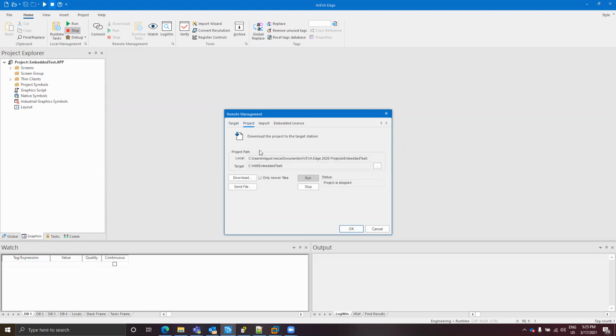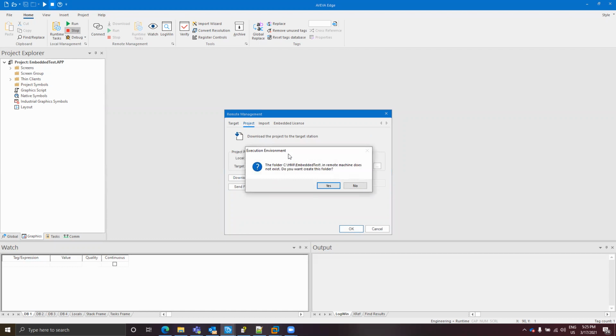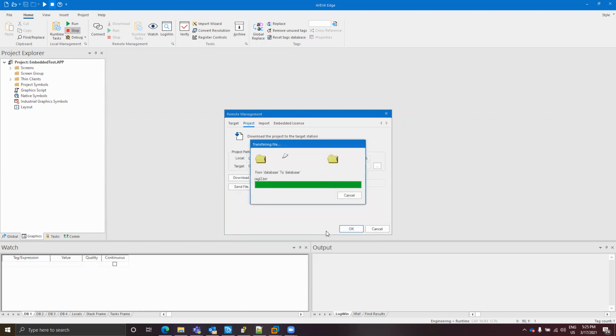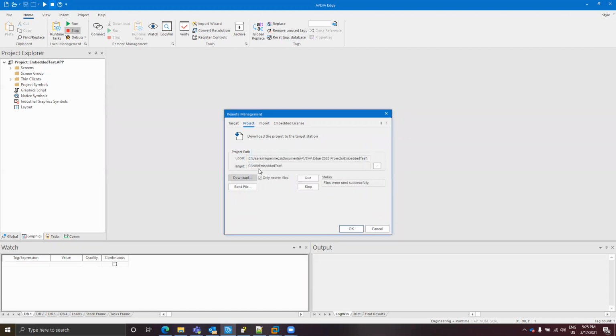So here in project, you need to click on download. The first time that you do this, it will tell you, okay, I cannot find any folder called embedded test inside the HMI folder on the C drive. So do you want to create it? You can say yes, I want to create it. Or you can put it in any other folder, but by default, it will create a project folder inside the main folder that you created for the system files. So after sending the project files, you can click here and run,